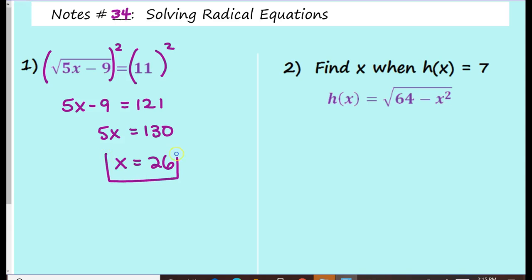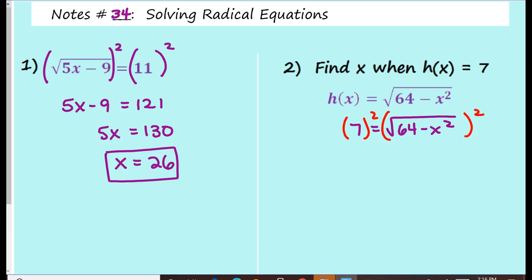Okay. Number 2. The directions are different, but really this is the same kind of problem as number 1. Find x. Remember in number 1 we solved for x. Find x when h of x is 7. So we can just put 7 in for h of x, and now we have an equation that looks pretty much like number 1 did. So what we're going to do is square both sides,